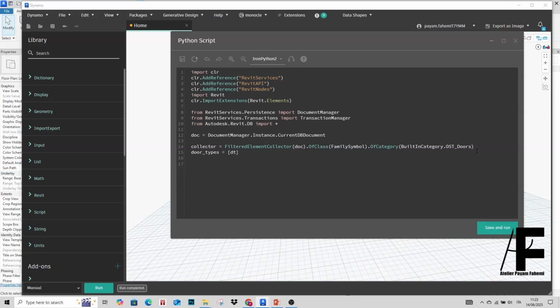So we're going to say door type for dt in collector, if, as a conditional, the name of the family is equal to the one that we are looking for. This is the hard coding. So we are going to say if door type family name as an attribute is equal to,